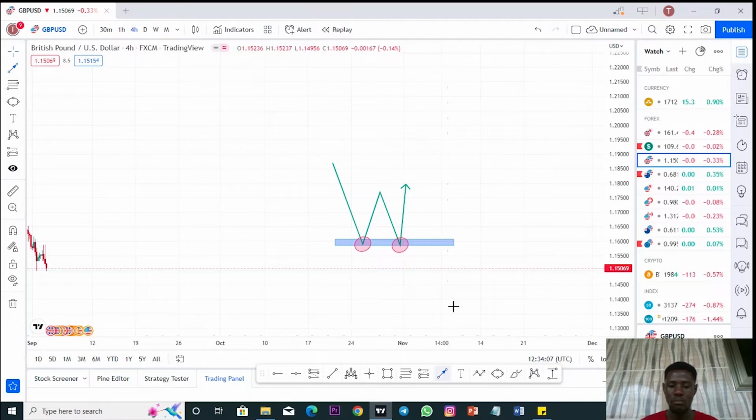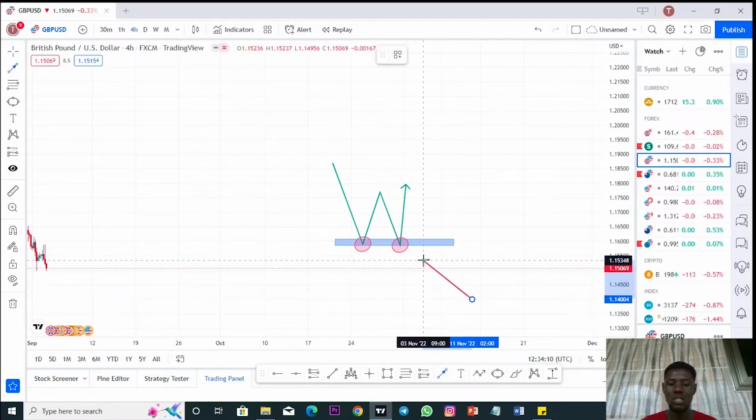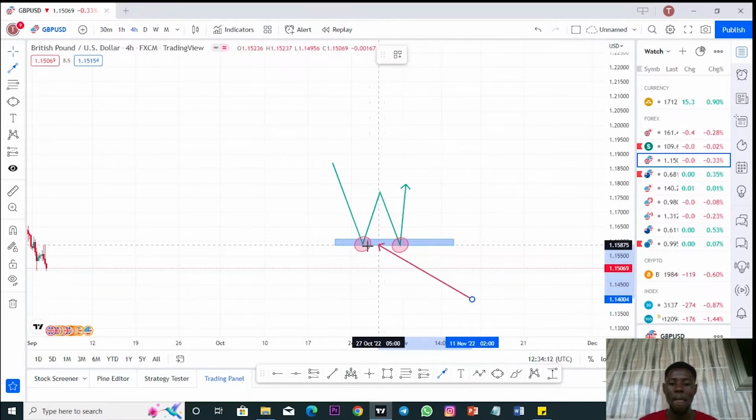Some of you will see mostly on some people's charts, when price rejects here for the first time, pushes all the way back and creates the second leg, some people wait for confirmation on the second leg, they enter their trade. They are not wrong, per their analysis they are right, and they also make good money from it. But because of